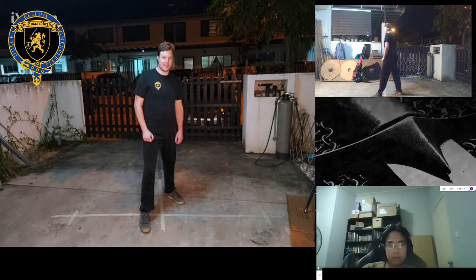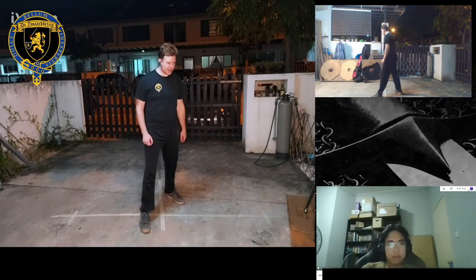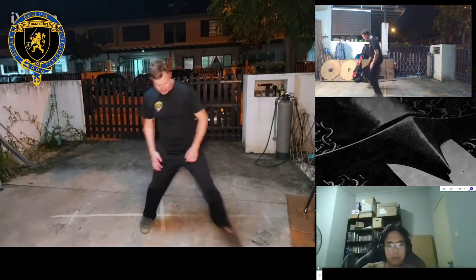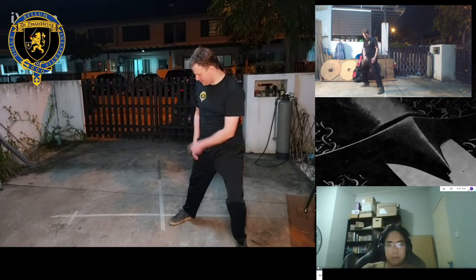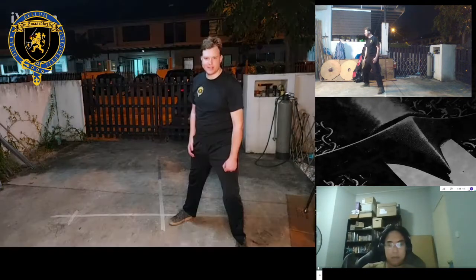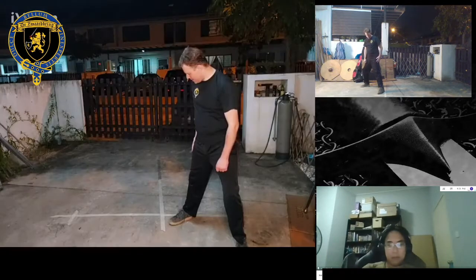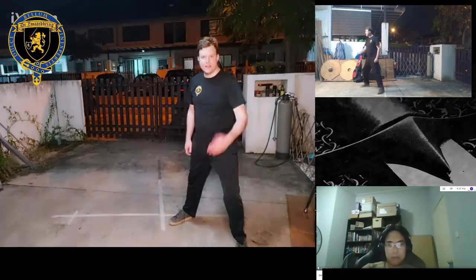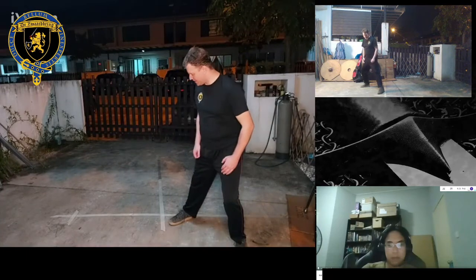Now I'm going to make diagonal forward steps. So I'm going to go diagonal right. And what you'll notice is that when I do that, it's a little 1-2 step, and both of my feet end up in the front right quadrant. And then I retreat diagonally to the left first.